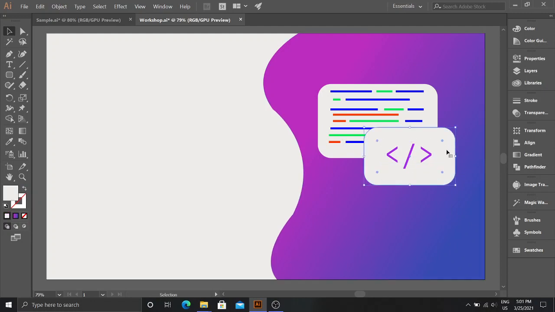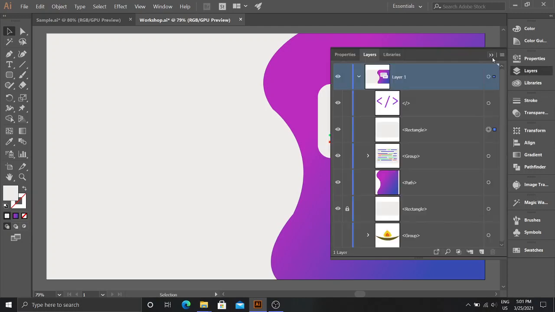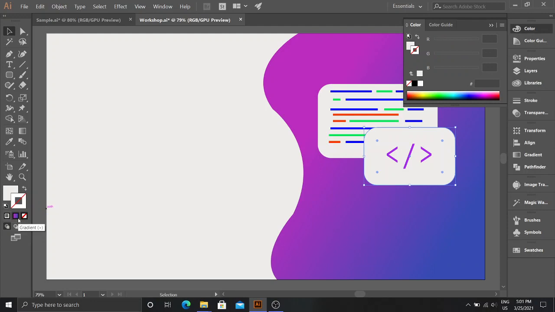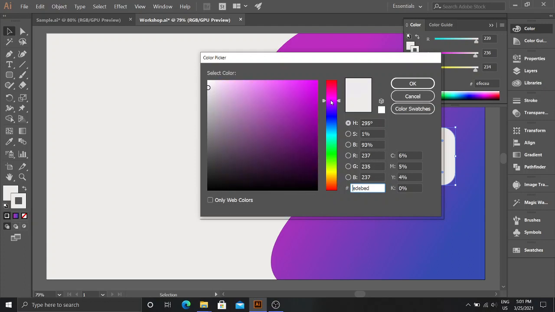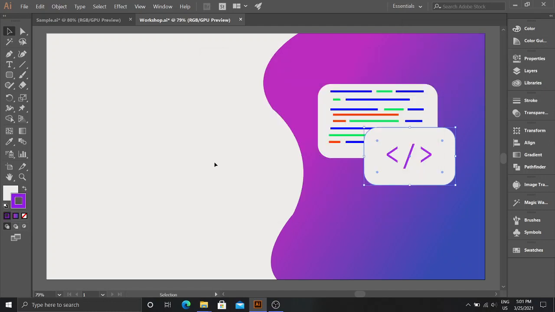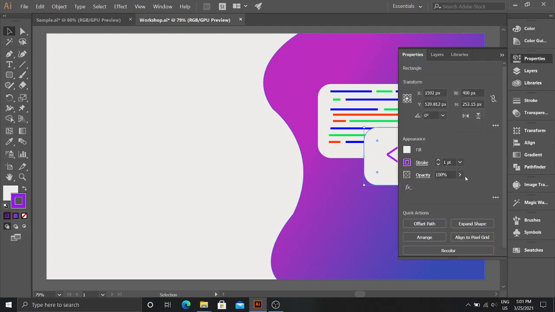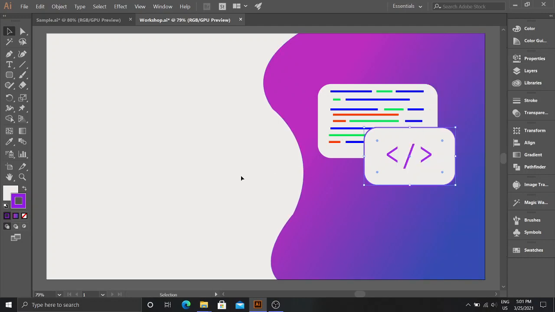Maybe let's give this rectangle a border. Select this rectangle and here is the border, the stroke. Let us give it a stroke and change its color. You can change the thickness of the border like this.